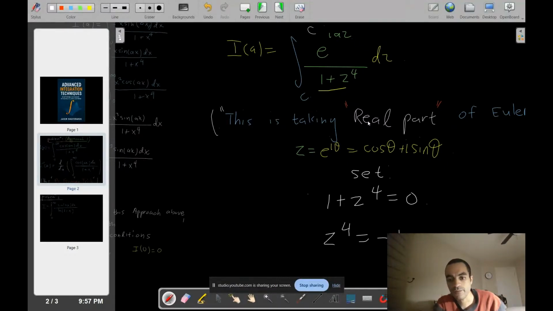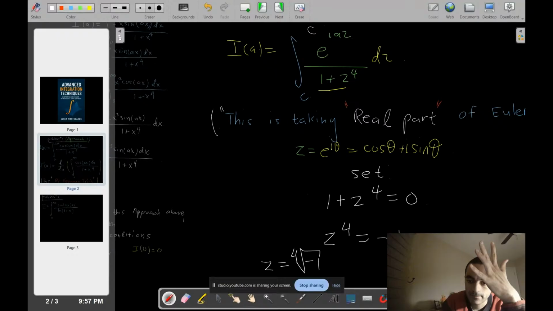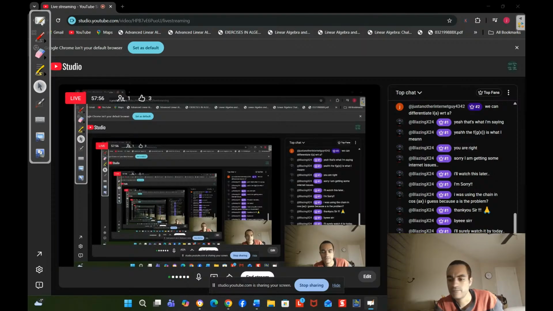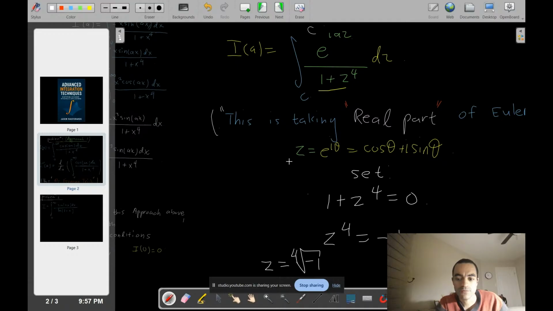If we take the 4th root of -1, well, the square root of -1, first off, is going to be i. Obviously, if you take the square roots on both sides, you're going to get i. Unless there are any questions or disputes on that, because I have to take the root on both sides. You can't take the square root of a negative number in the reals, so it's going to be i.